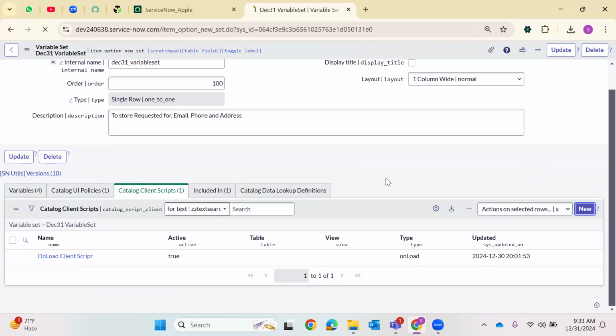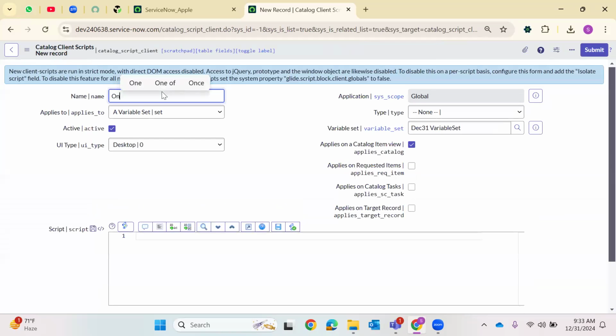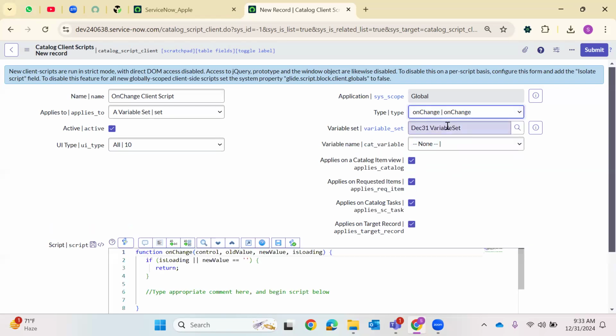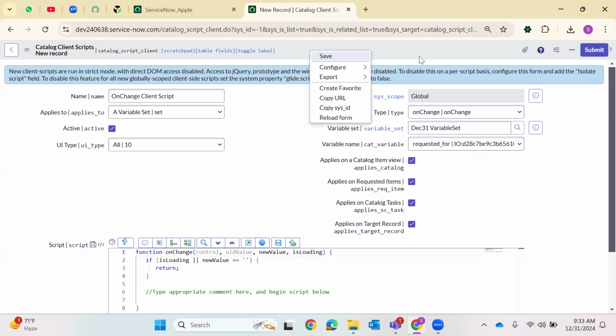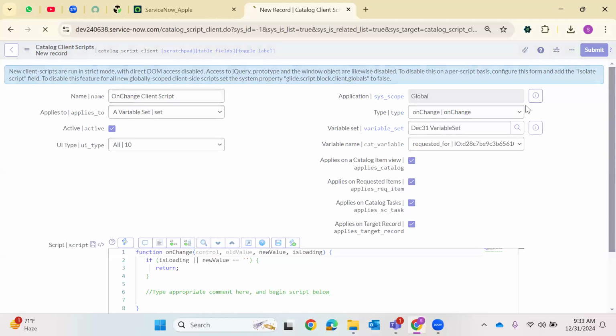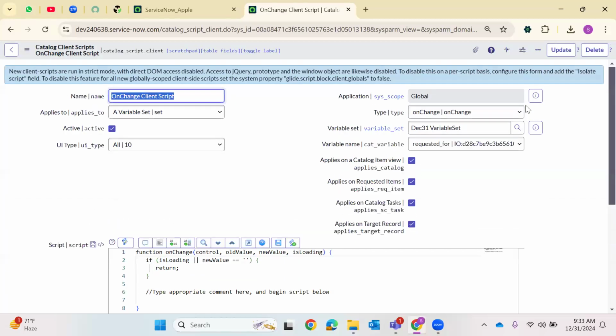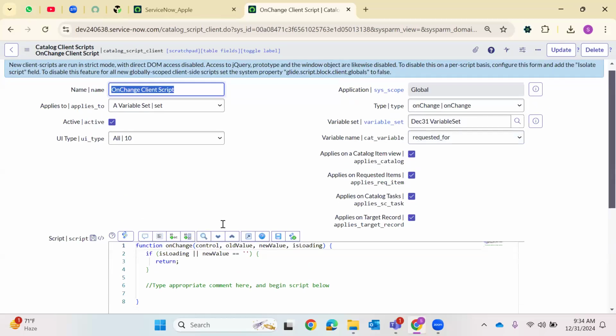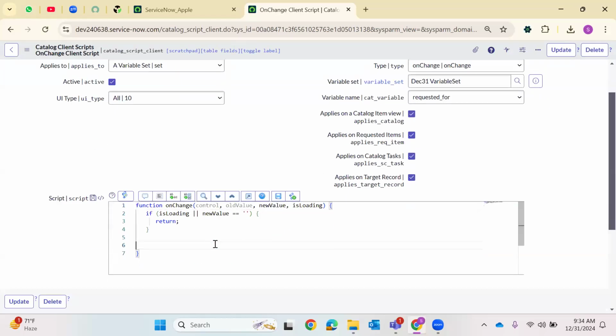I'll create one more on change client script. And you have to select the field again. If it is on change, based on requested for, it has to work. So it should not display my details. It has to display the currently selected user's information. So for that, what we are going to do,